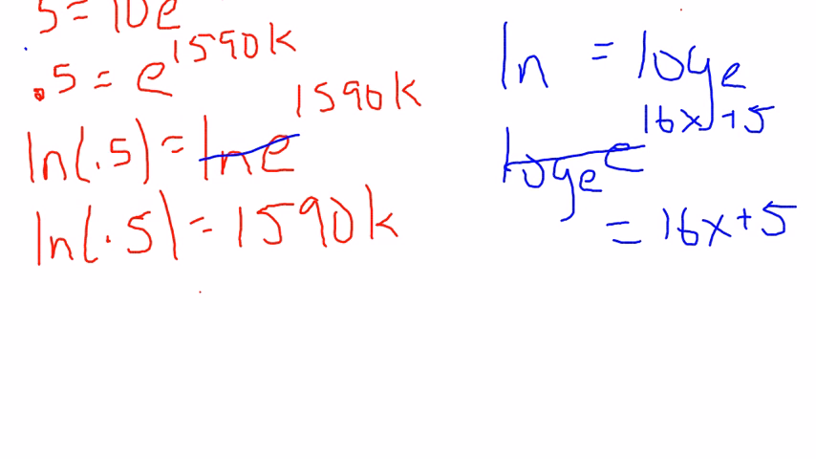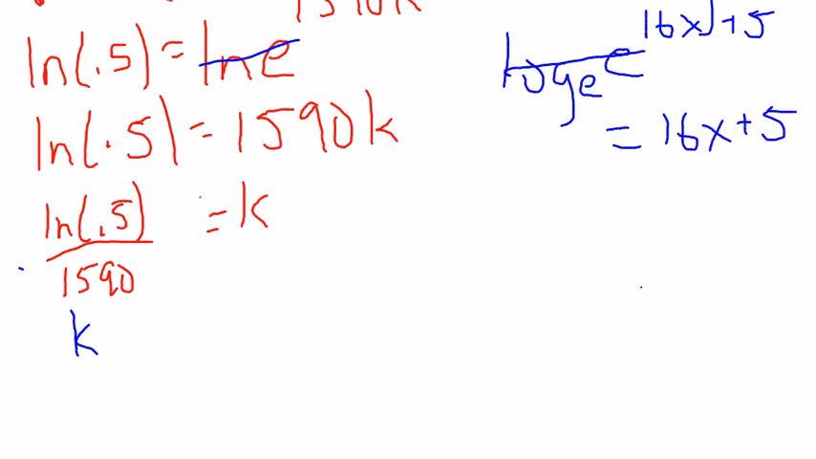This should be easy to solve for you. I simply divide by 1590 on both sides, which gives me k equals ln of 0.5 over 1590, which is important, so I'll do it in blue. K is equal to,